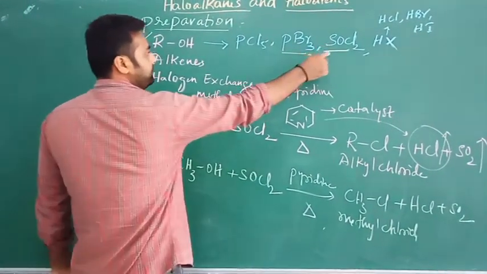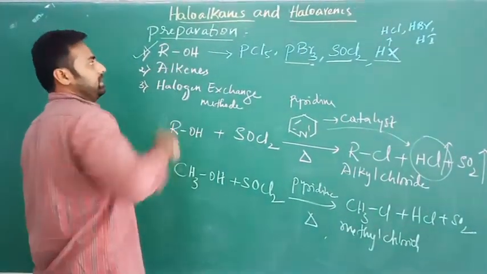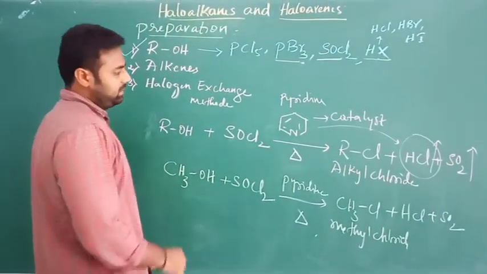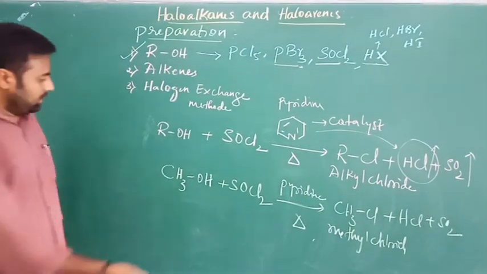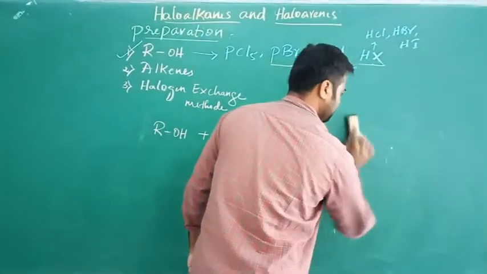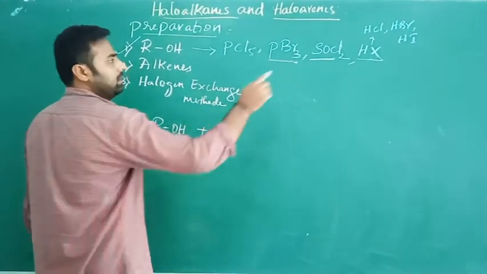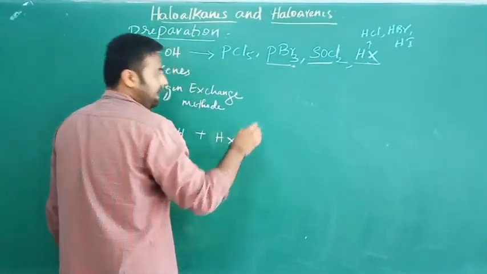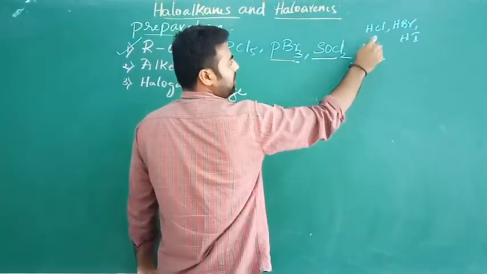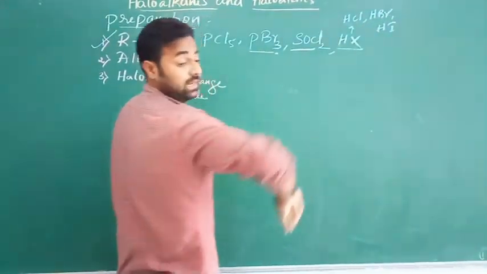And this is the third reaction. And the very last one: when these halo acids are treated with alcohol, definitely it will also give some kind of alkyl halides. Let's see the reactions. The same alcohols are reacted with halo acids. Halo acids means HX is the general formula, where X represents a halogen. It may be HCl or HBr or HI: hydrogen chloride, hydrogen bromide or hydrogen iodide.